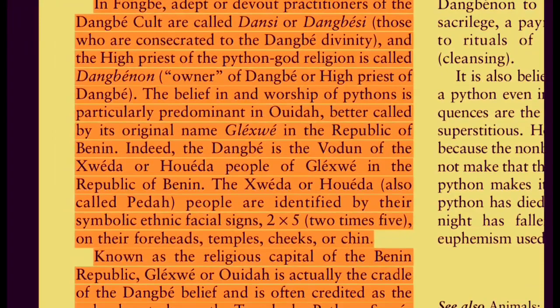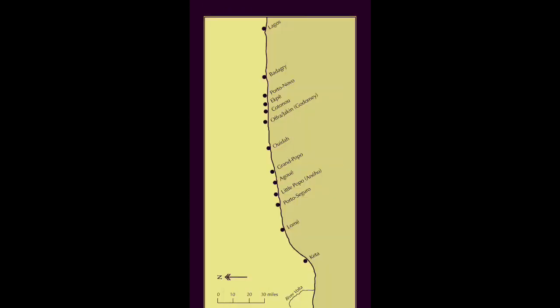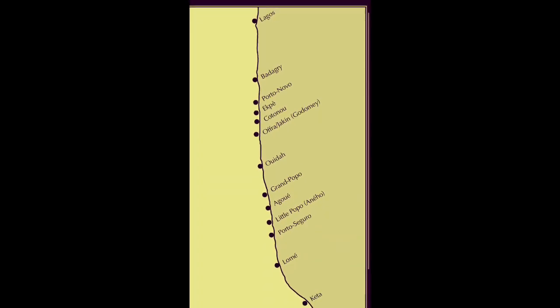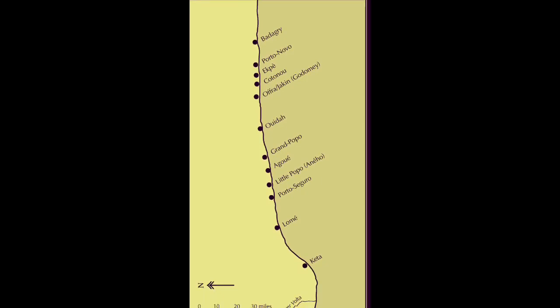That does not sound like a Hebrew Israelite kingdom to me. What we're looking at is the slave port of Whydah, and to see how many people came out of this port. See how many ports there were. I think we could do that real quick. If we look on this map provided by Robin Law, these are the slave ports on the coast of West Africa: Lagos, Badagry, Porto Novo, Epe, Aplahoué, Godomey, and the one in the center of the middle is Whydah.